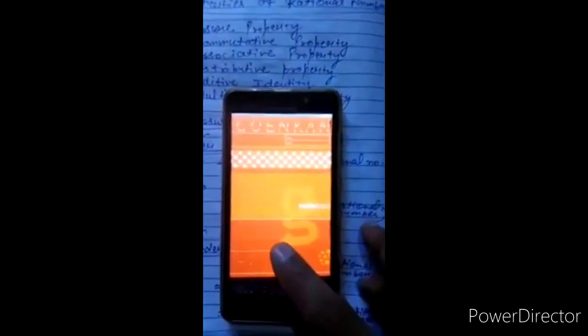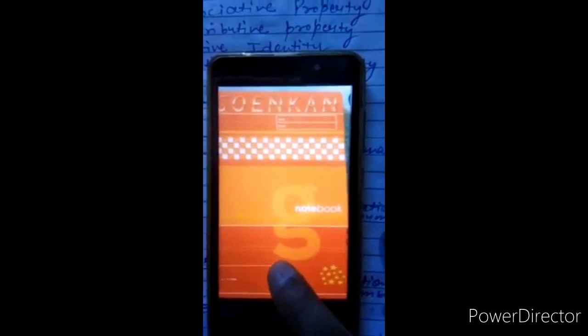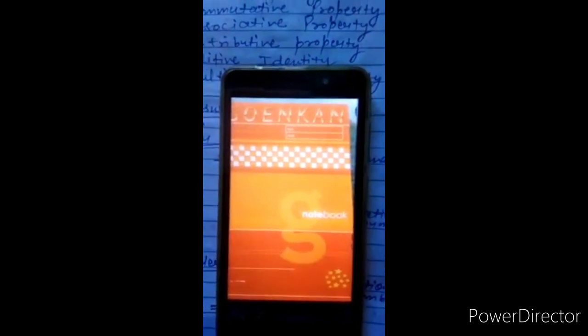Now I am telling you your fair notebook color. Students, this is your maths fair notebook, and it is orange in color. This is the inside portion of the maths notebook. Here you will write the page number and date, and on the first page you will write the index, as you know. This is the inside portion, and that orange page was the cover page of the notebook.